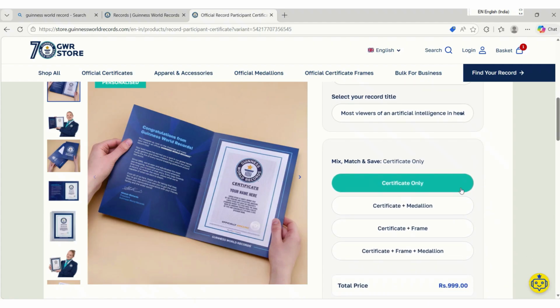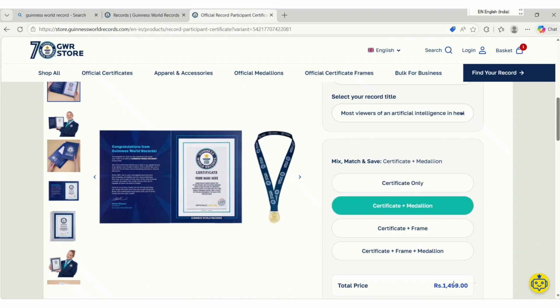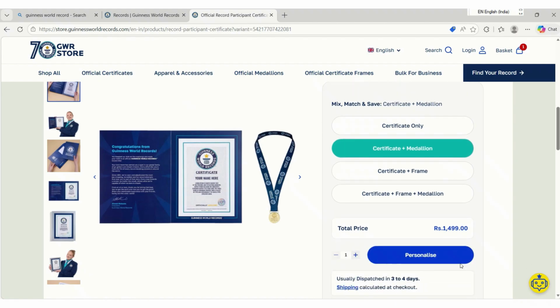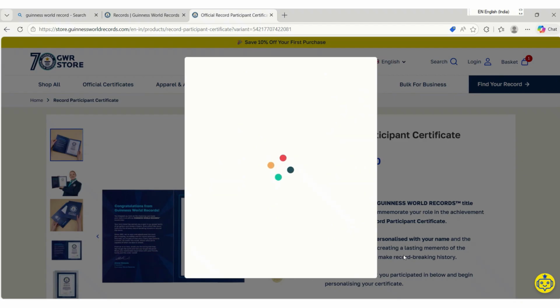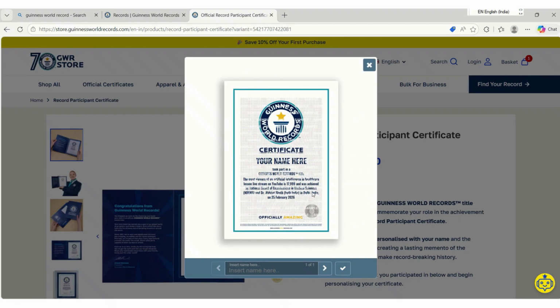So many options are there, that is certificate only, certificate plus medallion, and certificate plus frame. I have selected certificate plus medallion. It will give one certificate and a medal from Guinness World Record. Once I have selected this, it comes like this, and it will cost around 1499 rupees. So I will personalize this, and since I made this step yesterday also, but due to paucity of time,